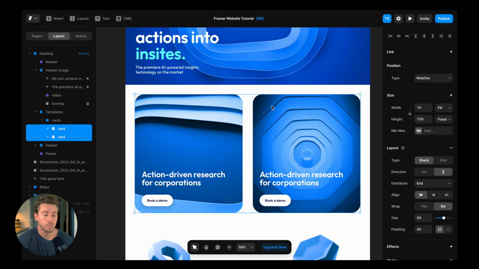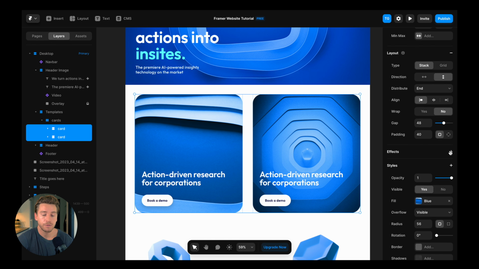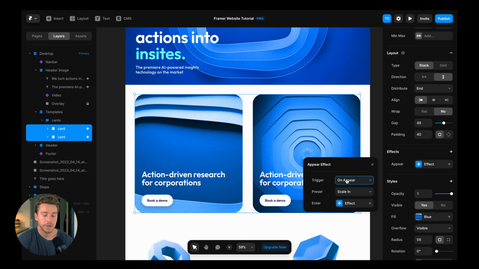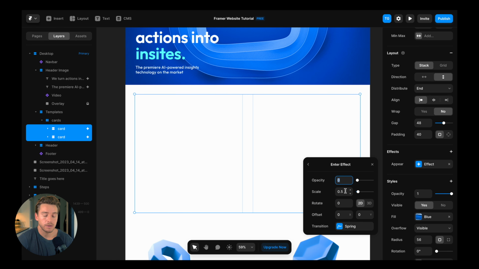We could also make these cards here fade in, so an appear animation. So on appear, they're going to scale in with a 0% opacity at the start, and they're going to scale from 0.5, maybe just from 0.8, so it's a slight scale. Maybe they even rotate a bit. Let's go crazy here. Add a 3D effect, so we can change the axes here. So 10 in y-axis,